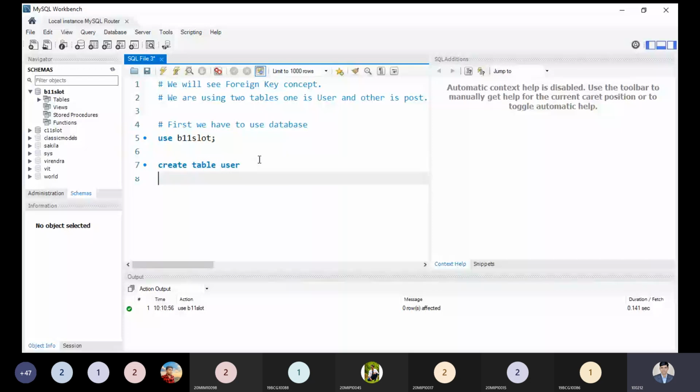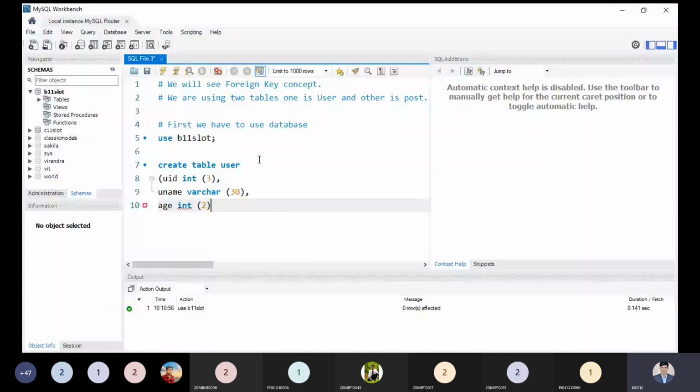Now, can you tell me what attributes I must use? The first attribute I am taking is user ID, and that could be an integer. Username could be varchar, and I'm taking a size of 30. That's enough. And user age, I'm putting just as an integer. So it is sufficient data.